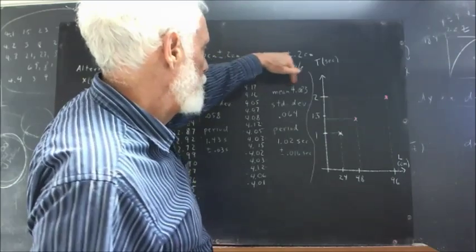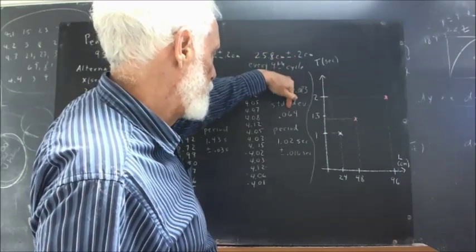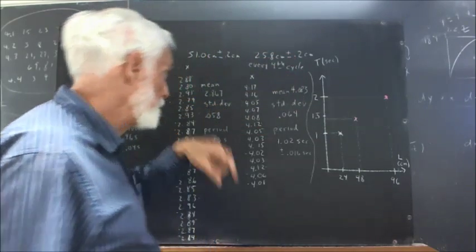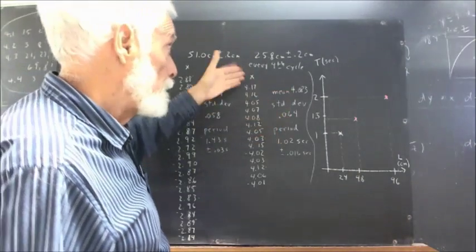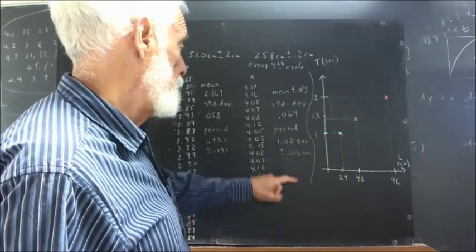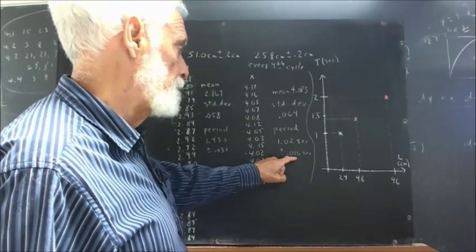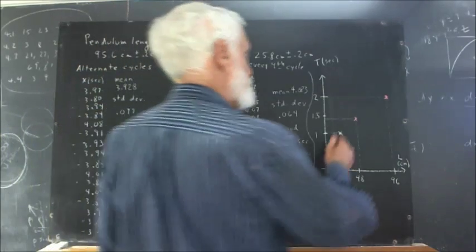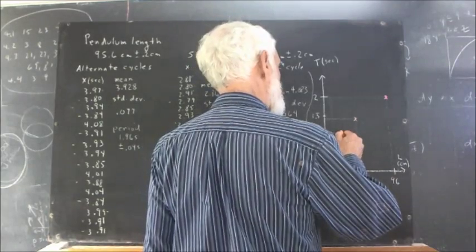So I got a mean of 4.083 seconds, standard deviation of 0.064. Dividing these by 4, since I was measuring every 4th cycle, I get a period of about 1.02 seconds plus or minus 0.016 seconds. Now that's going to give me a pretty short error bar here